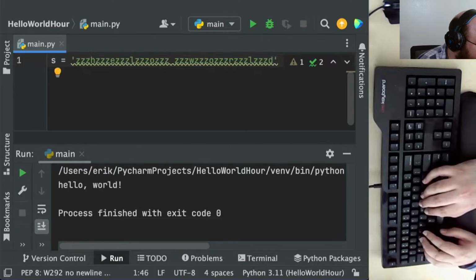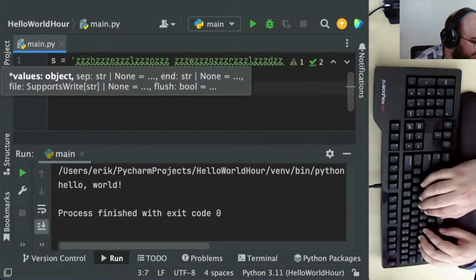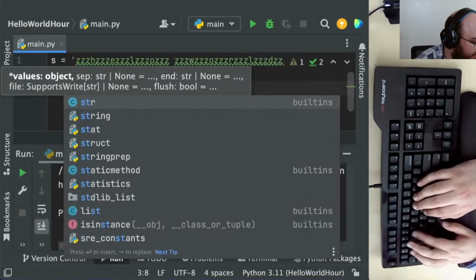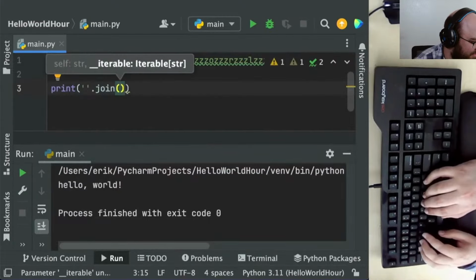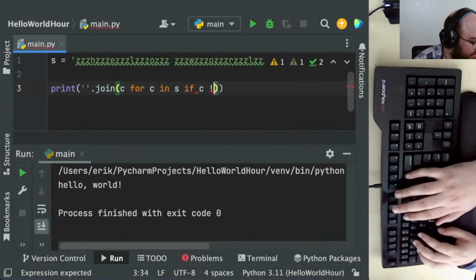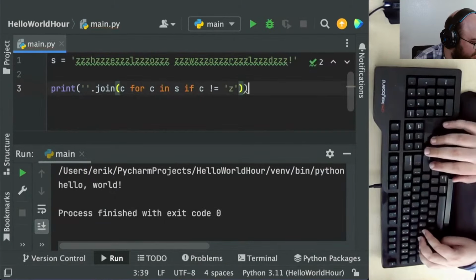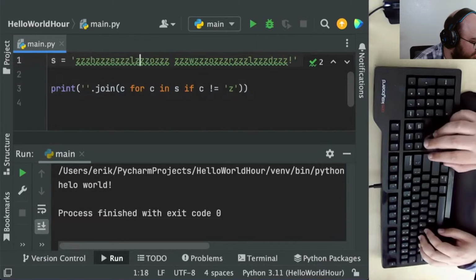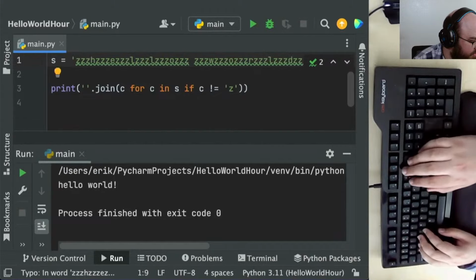Solaris says, for E in quote A, B, C, D, E, F, G, and so on, exec F of E equals... Wait a second. What's happening there? For E in exec F quote E equals hello world. Oh, I see what you're doing.